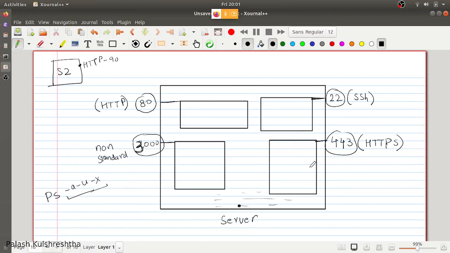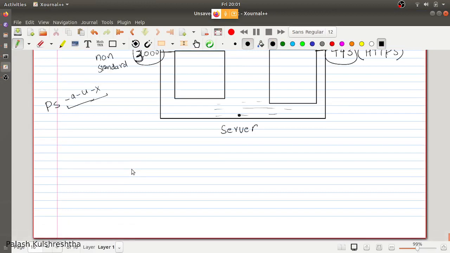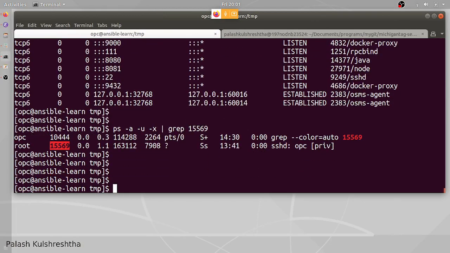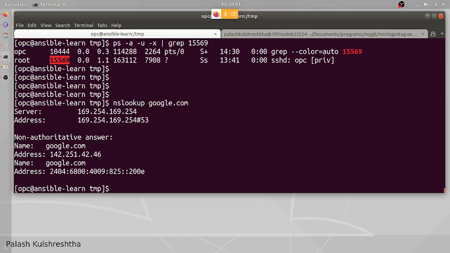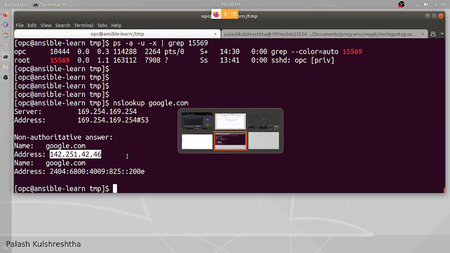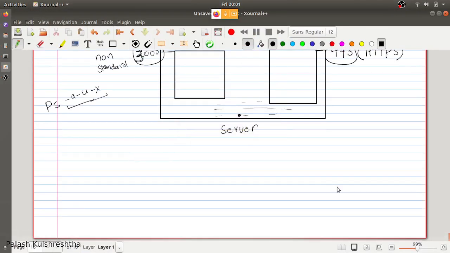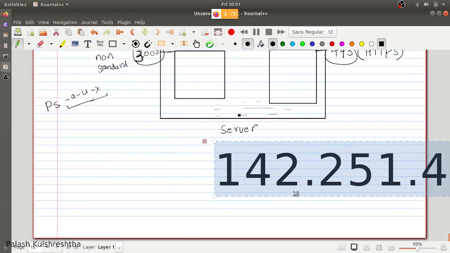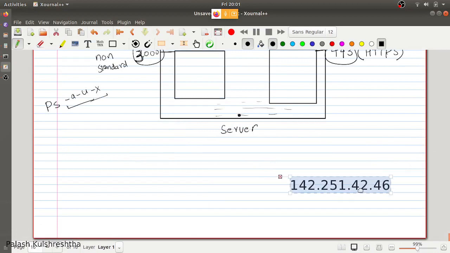Now this is a very interesting thing. You have seen the IP of google.com. We can see that by Control R, since we had recently run it. I'm going to search for goo, and it is going to give me the last command containing goo, which is the nslookup command. I'm going to press enter. It is going to give me the IPs of google.com. I'm going to copy them. So let's say this is google.com.